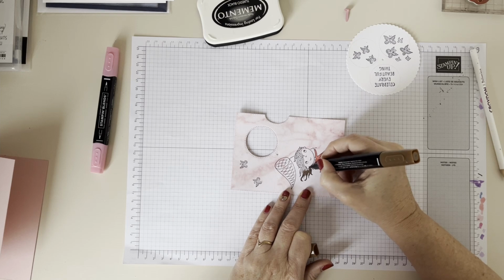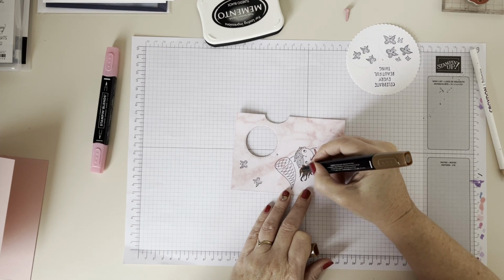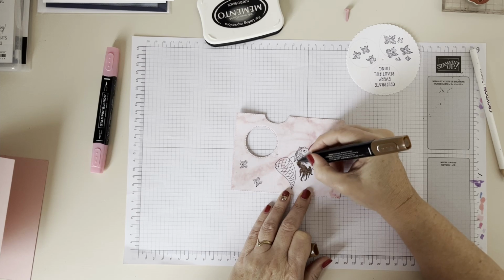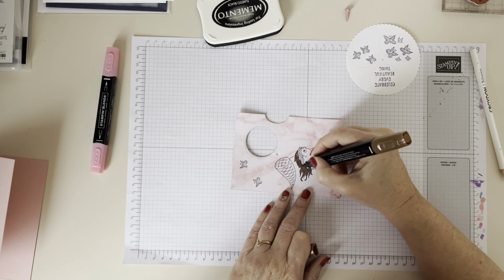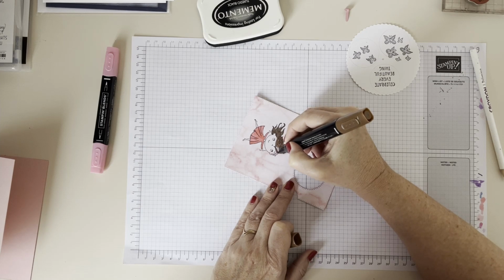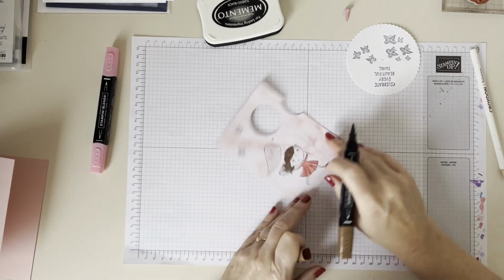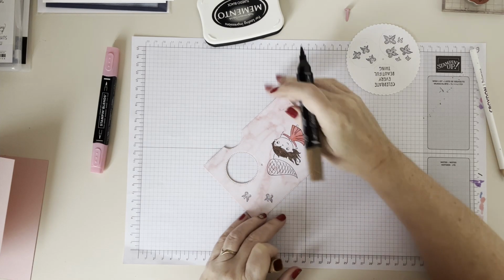So you just want to colour her hair in brown. Oh, I do know actually that they have just released, I believe as part of the new brochure, the new January to June 2022. God, that sounds really futuristic, doesn't it? In that brochure, I know that they have brought out a new set of blends, and I can't remember what the exact name is. I don't know if it's Nature's Blends or something, or Natural Tones, and it's basically lots of different coloured, I suppose skin tones. I think that's what it's been used to try and help with different skin tones. So they're different sorts of browns and flesh colours,